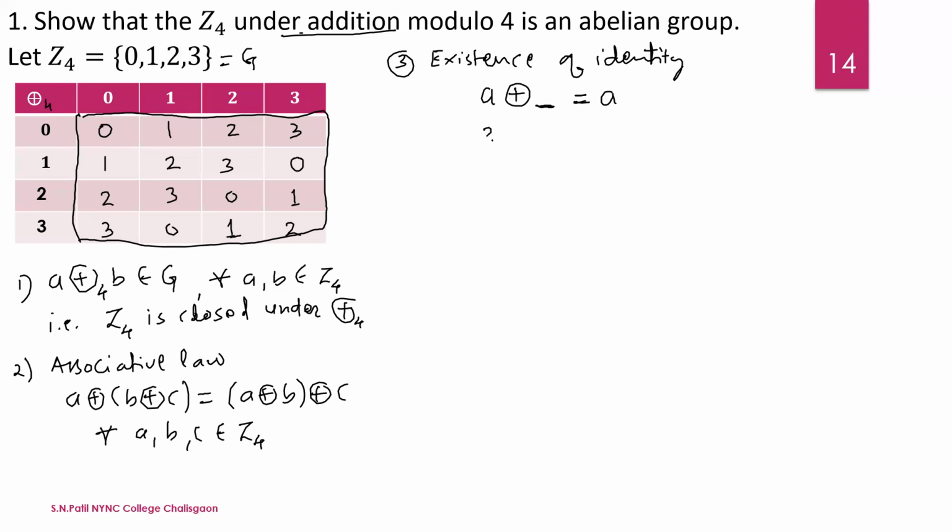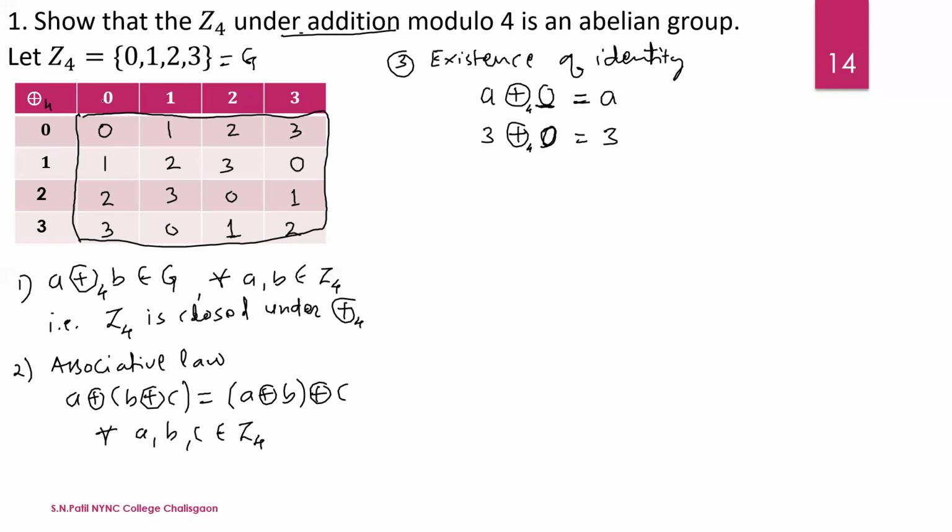Particularly, if we take here 3 plus here suffix 4, such that we get the 3. So which number is here? The number is 0. That is, 0 is an identity element for every element. Okay. Now from the composition, you see here 3 plus 0, 2 plus 0, 1 plus 0, 0 plus 0.